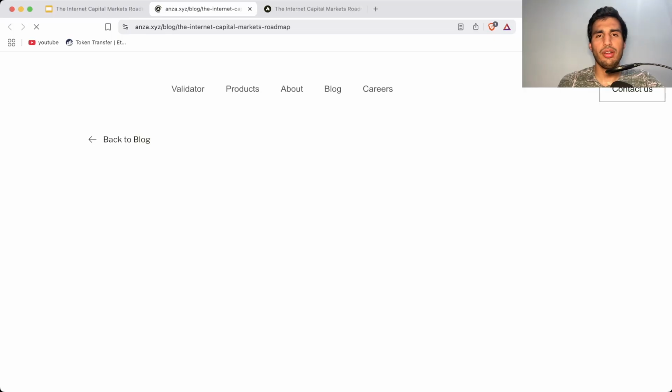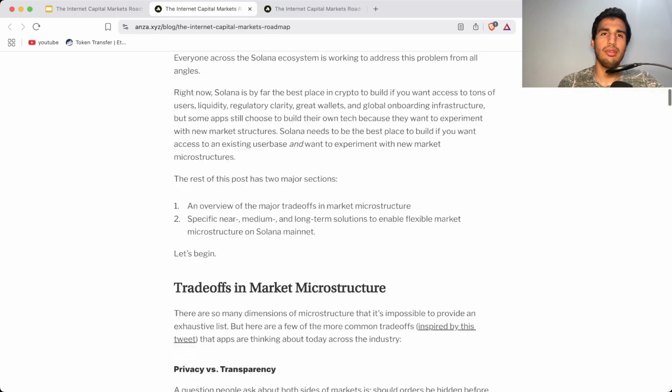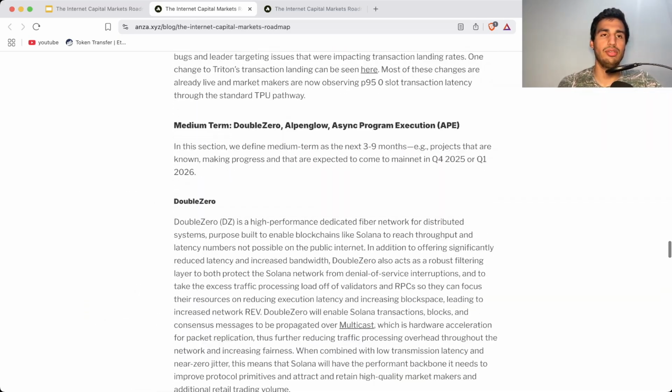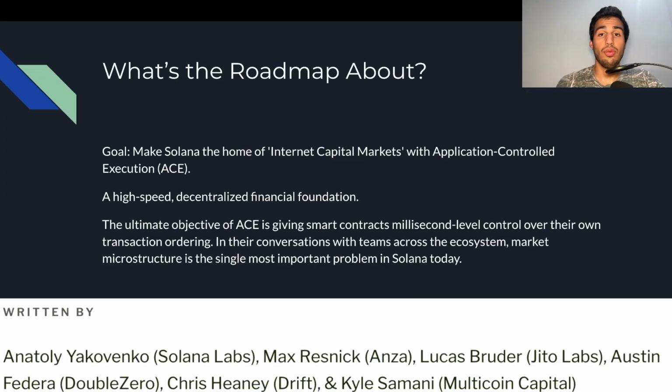So we went over this a little bit like 3 videos ago, right? So we're basically going to be going over all of this. So what is the roadmap about? The goal is to make Solana the home of internet capital markets with application controlled execution, or ACE, a high-speed decentralized financial foundation. The ultimate objective of ACE is giving smart contracts millisecond level control over their own transaction